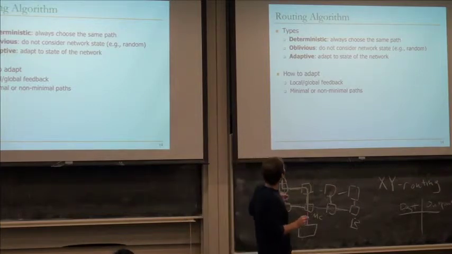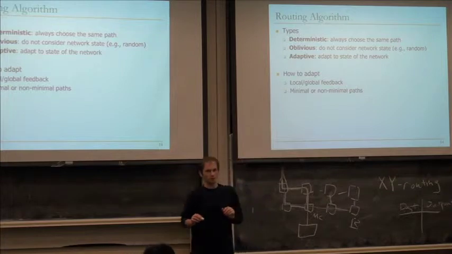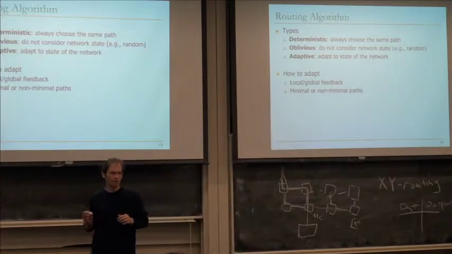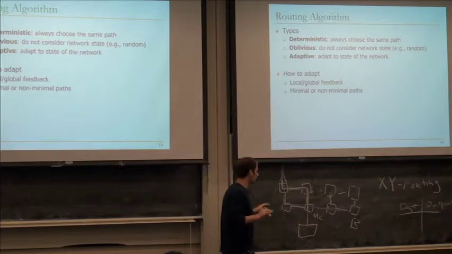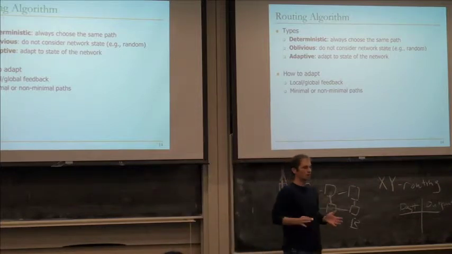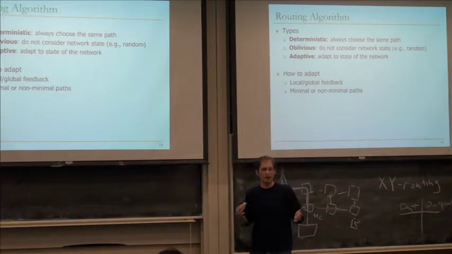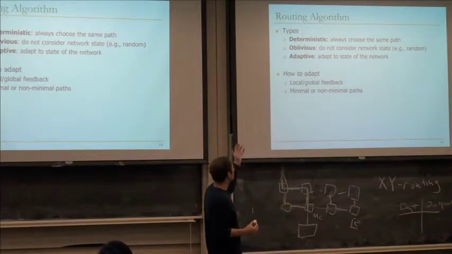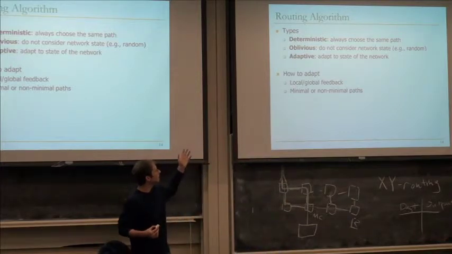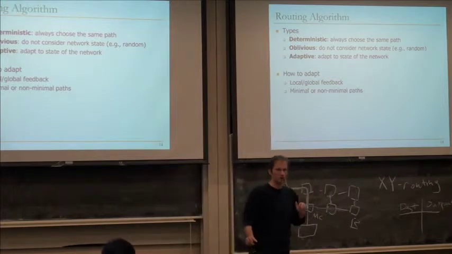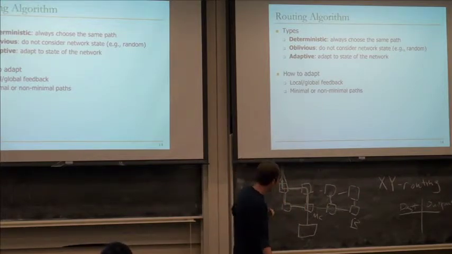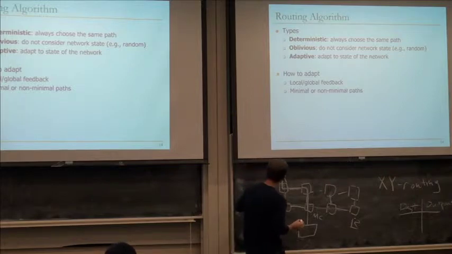So you want to do something that spreads the load. A nice way to do that is something called oblivious routing, where I don't take the same path every time. I try and spread my traffic over multiple paths, but I don't do it in a way that requires tracking information about the network. I just do it in some random way, right? In a few slides I'll talk about valiant routing, which is actually an example of oblivious routing. The basic idea in something like valiant routing is you basically, from your starting point, pick a random middle